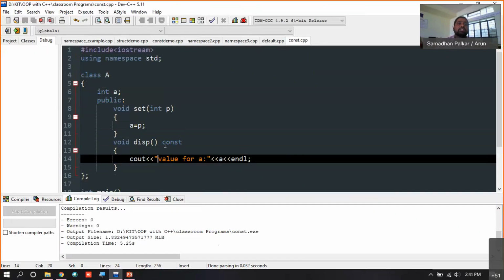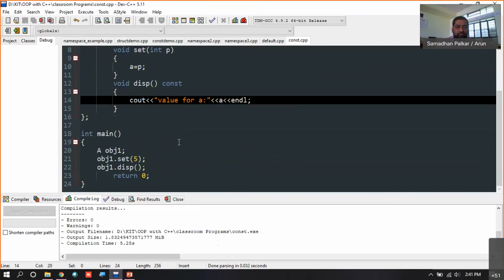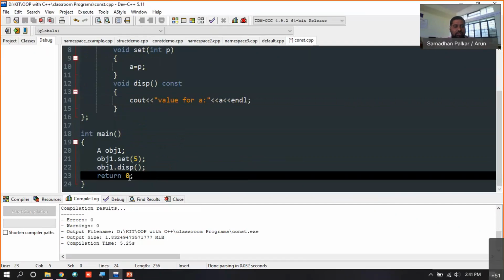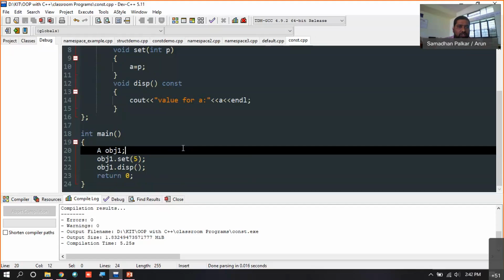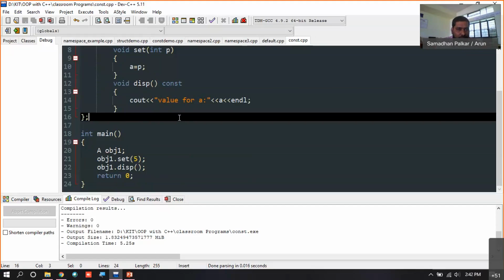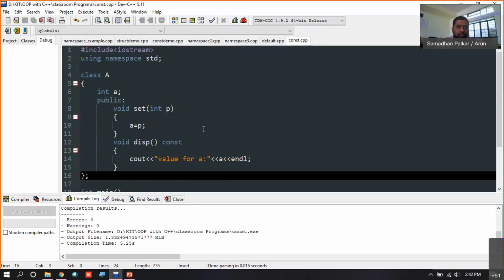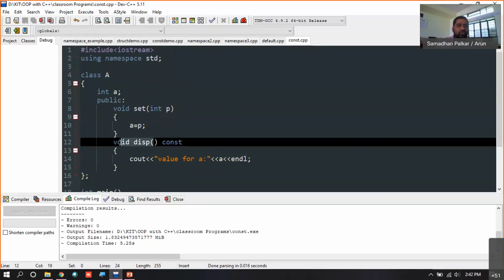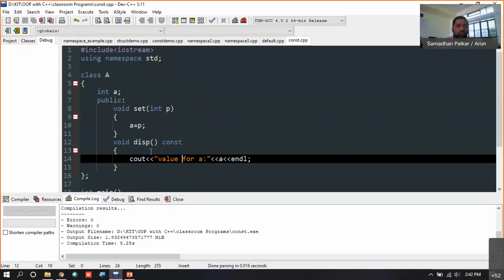Such functions are made as constant functions. The syntax for this is that you need to just mention the constant keyword in front of the prototype of that function. By using this, you cannot modify the value.